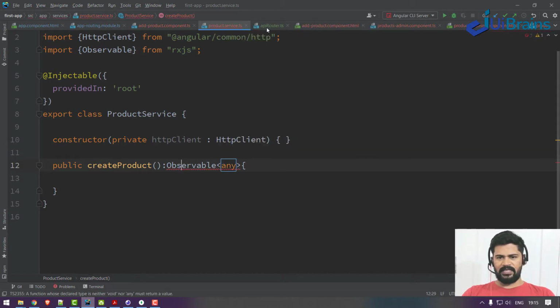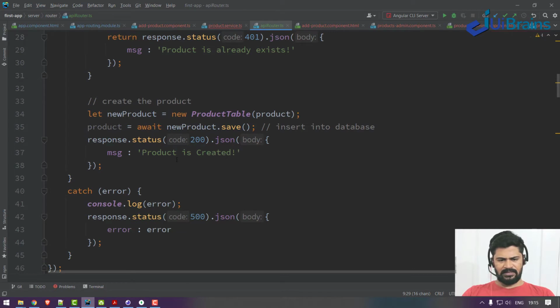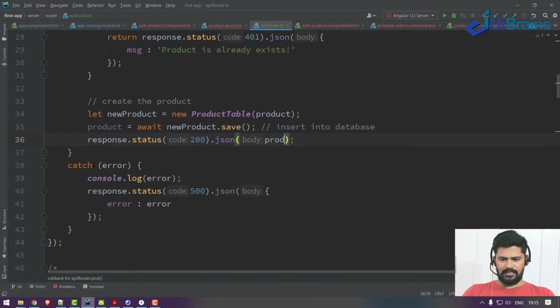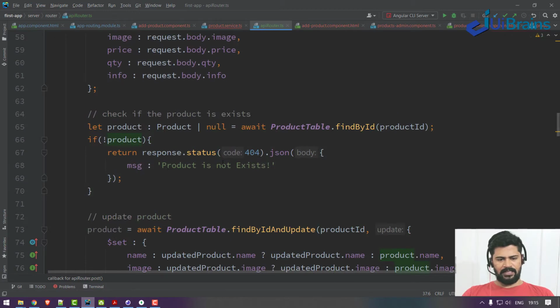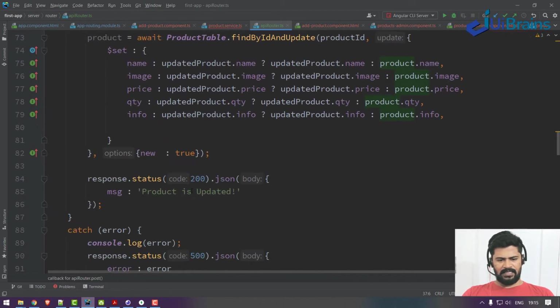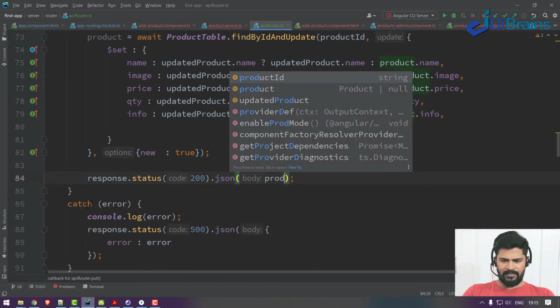After you create a product, what do you get back? You're simply getting a message, is it? Small change. I'm not simply getting a message, I will get the created product. Okay, fine. And what else for update? Update also, I guess a message. Not a message, just get the product which is updated.